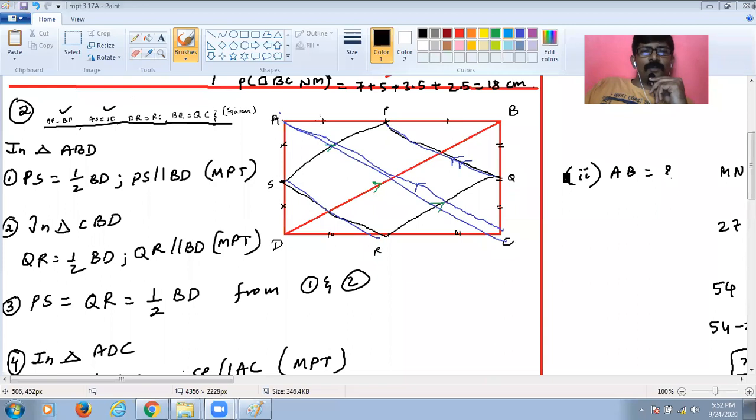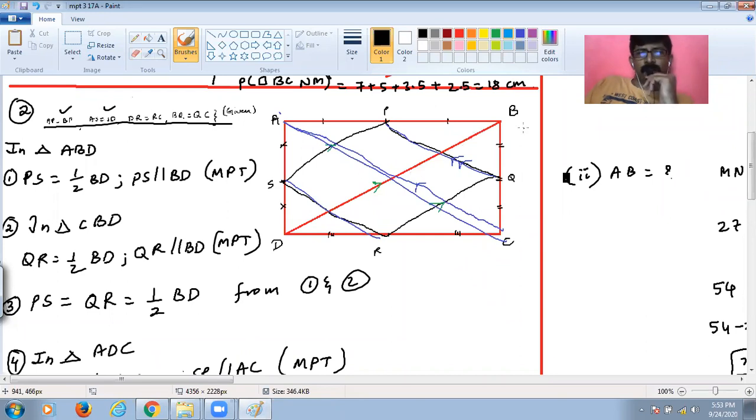That means what is given to us? Let's draw ABCD is a rectangle. ABCD is a rectangle, it's given. So if quadrilateral ABCD is a rectangle, understand first of all what we know. We know that AB is equal to CD. We also know that BC is equal to AD, and we also know that the diagonals will also be equal. In a rectangle, diagonals are equal. AC is equal to BD, isn't it?